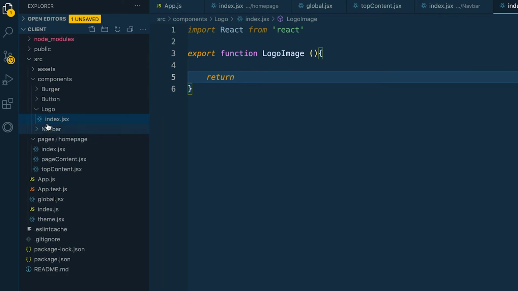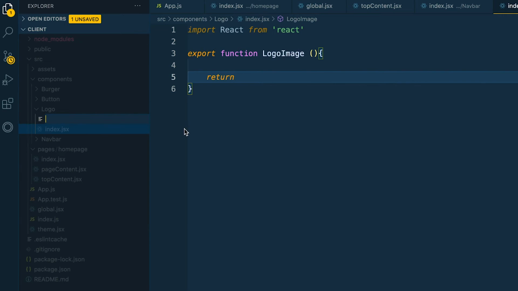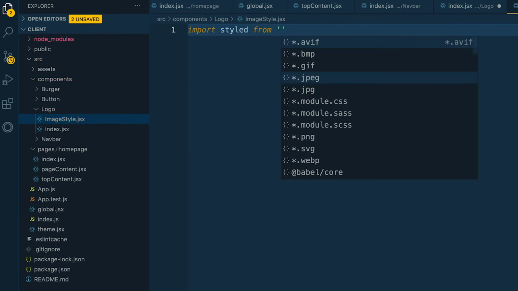Okay, so now inside here we'll create another file which will hold our image style, so we can call it style.jsx, and inside here we'll import styled from